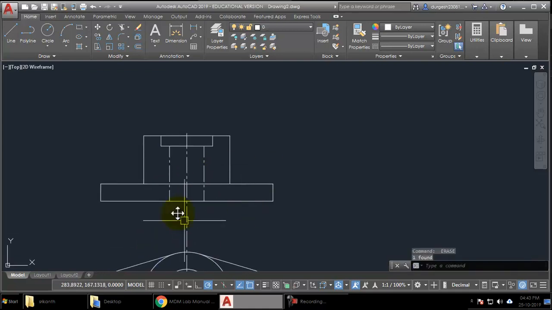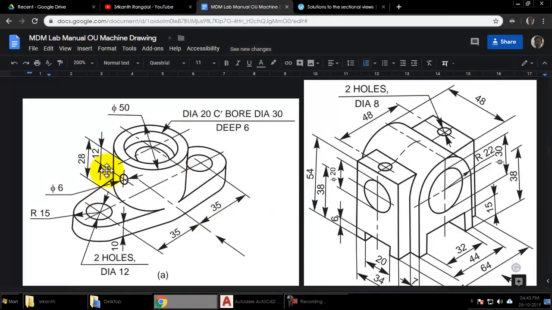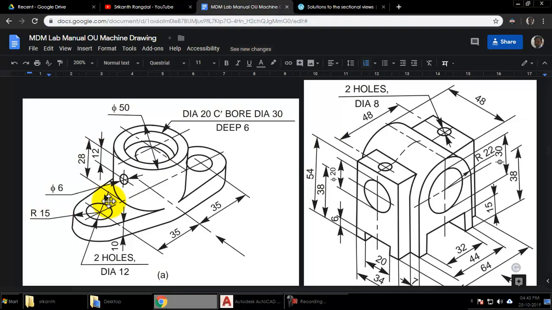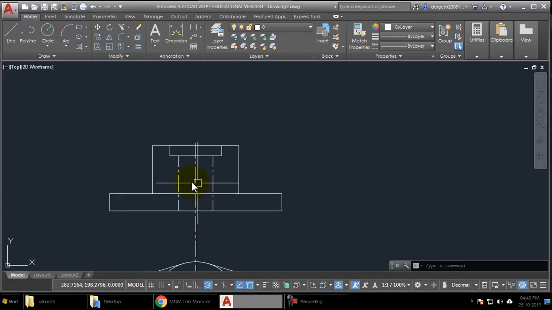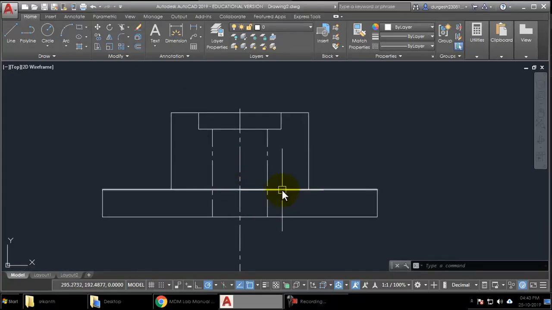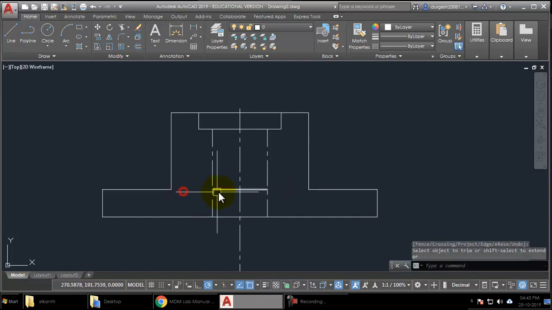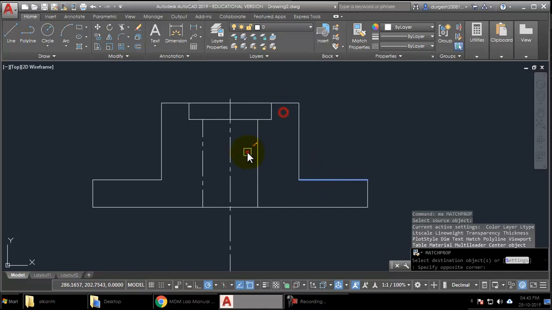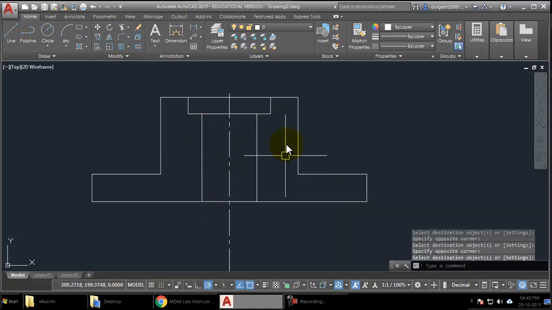Fine. So the inner will go throughout, this will not be needed, so you can just delete it off. So now what we're doing is, in the front view we have to draw the section. So when you do the section, the section plane will be touching a few of these lines. So yeah, this line here won't be visible, so I'll have to just remove it off. And yes, these lines will become visible.